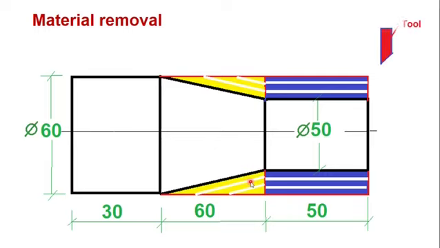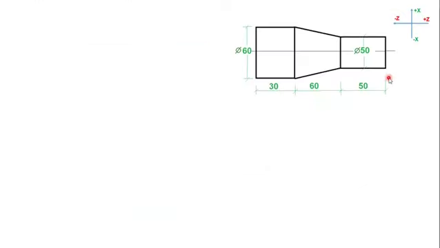So let's go one by one. As per our notation, the tool will come from the upper side. What will be the x-axis and z-axis notation? Our 0 will be at this position. Anything towards the right side is Z plus, anything towards the left side is Z minus. The tool is here, so anything coming this side is X plus, anything this side is X minus.